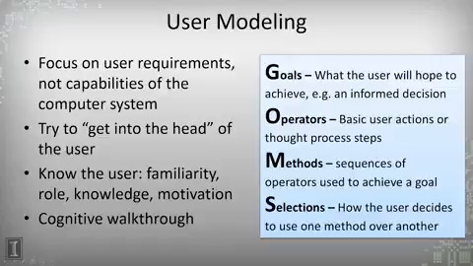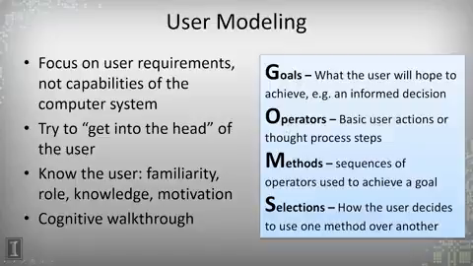One of them, an old one, is called GOMS. It stands for Goals, Operators, Methods, and Selections, and it helps you to understand what a user might be thinking of. Users are going to be goal-oriented, and so it's good to map out the goals for the system. It's also good to think of the operators as you're designing the system. What are the operations, the basic user actions that the user is going to be using to achieve the goals,